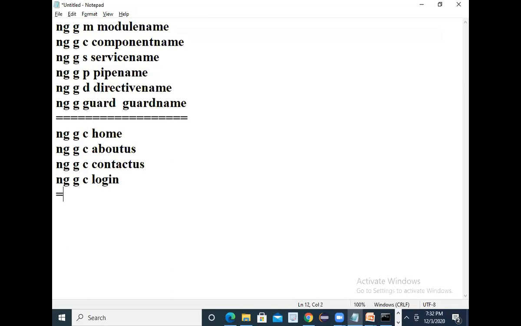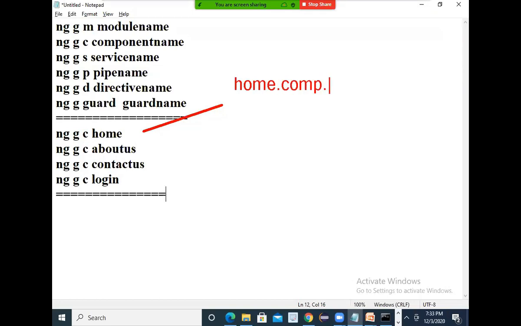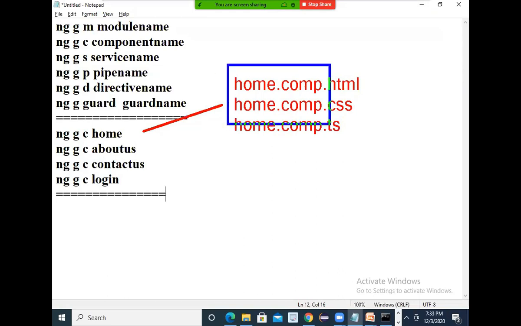So for every component, corresponding three files will be created. Yes or no? For every component, what is created? Three files are created. One is home.component.html, and another one is home.component.css, and again home.component.ts. Three files are created for home component.